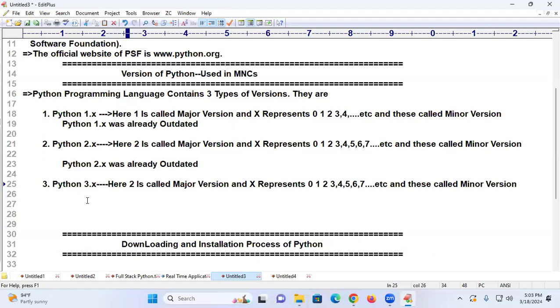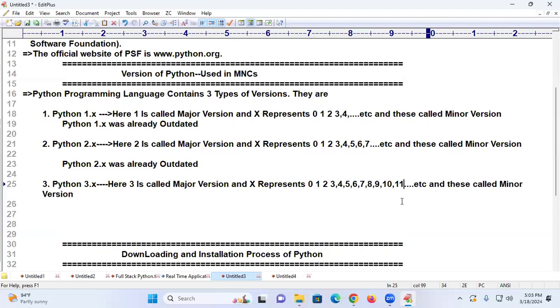In Python 3, the 3 is called what? Major version, and x represents 7, 8, 9, 10, 11, 12, 13, up to 13. These are called which versions? Minor versions. These are called minor versions.